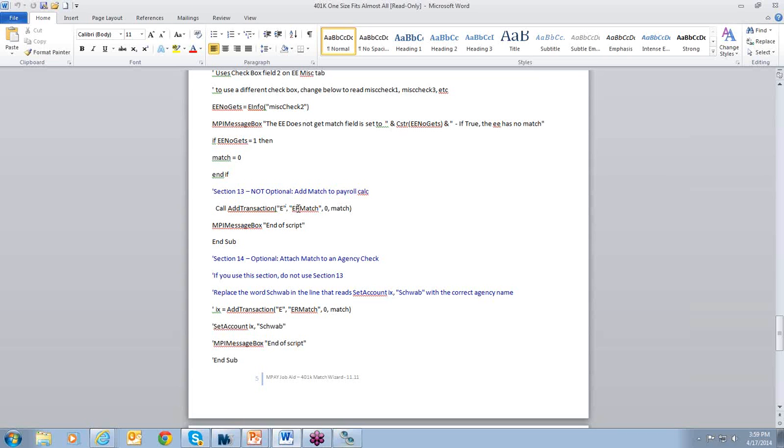The actual earn code is ER match. This field where it says zeros is an hours field, and the next field is the amount field. So we're saying add a transaction to the check that says E for earnings, ER match the code, no hours, and the dollar amount as determined by all of this math above it.